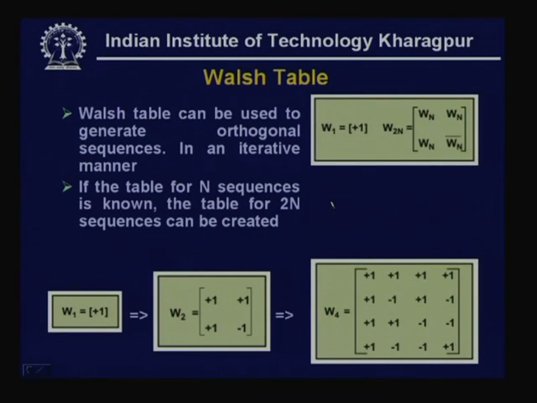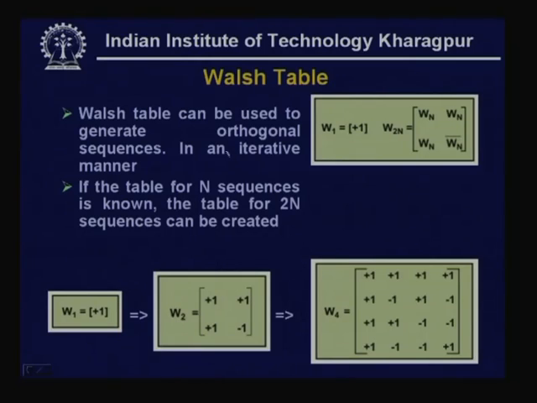Now, you may be asking how the chip sequences are generated. What is the technique that is being used to generate the chip sequences? They have to be pairwise orthogonal. That can be done by using Walsh table and in an iterative manner. That means, Walsh table can be used to generate orthogonal sequences in an iterative manner. How? The W1 is plus 1, as you can see, it is a one